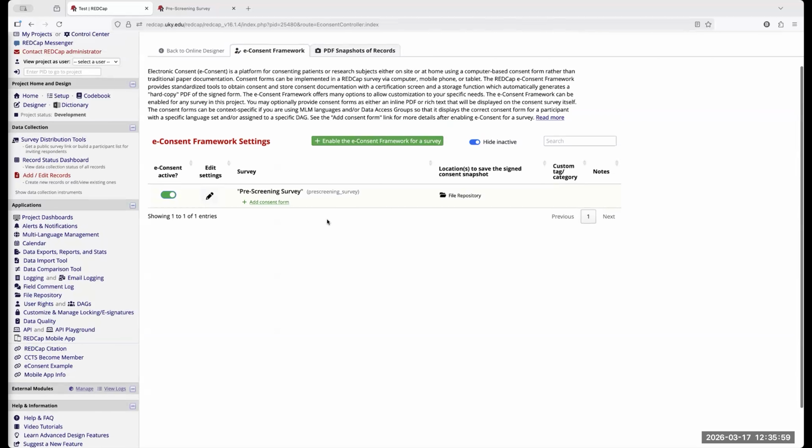You can have multiple e-consents for a project. So again, if you were sending this to an underage teenager, maybe you have their consent and then you have their parents' consent. It can be two different ones. It just depends on how you want your project to function.